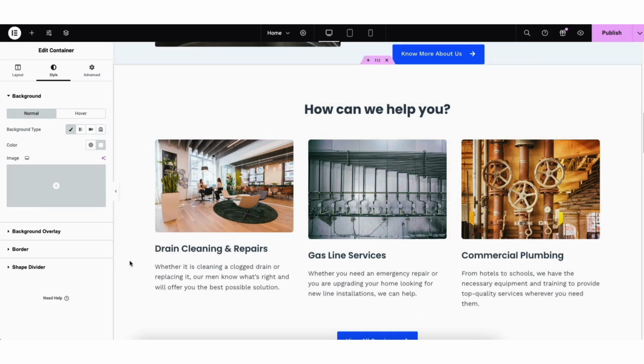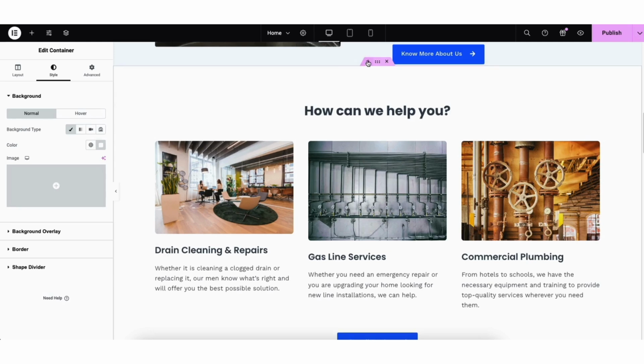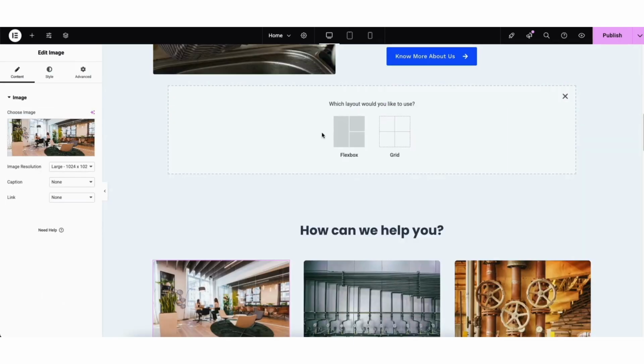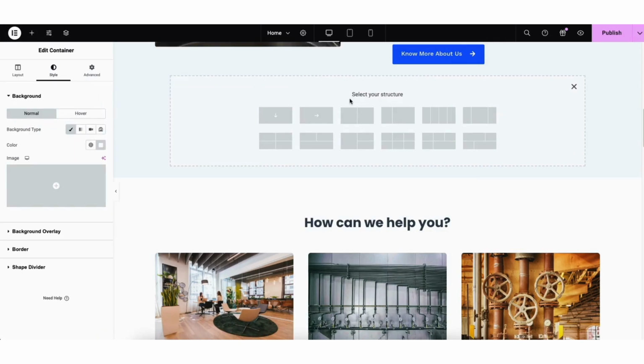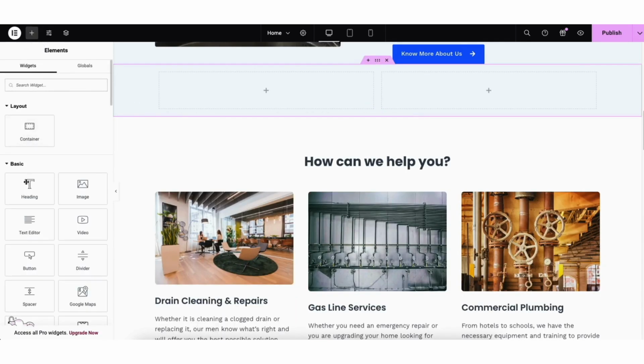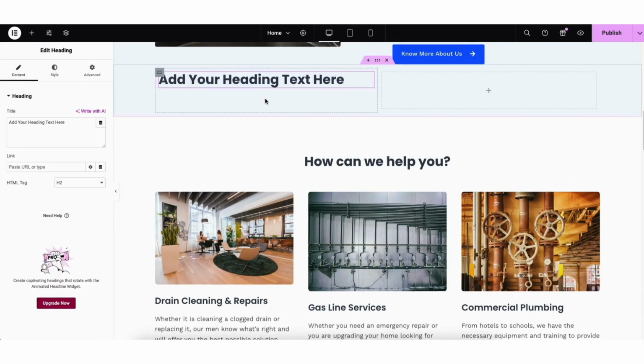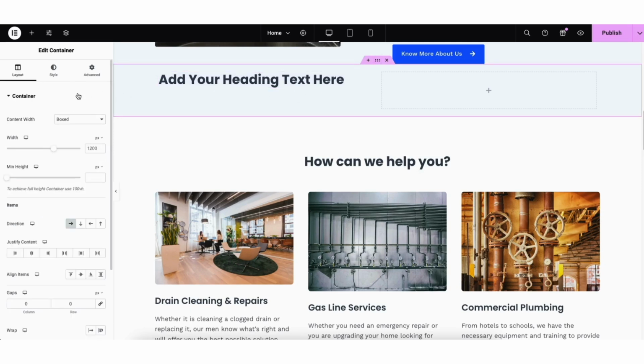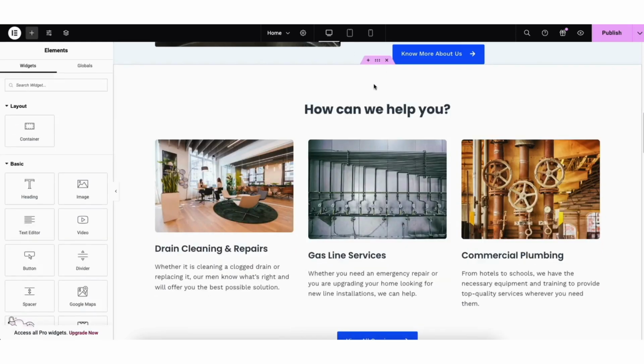Next, let's cover adding a section to your site. If you hover over a section, you can click the plus icon and then click the plus icon showing again to add a new section to the page. Click Flexbox, choose the structure for the section. I'll select this one. You can now drag in something over into the section. If you click the middle icon with the dots, you can then edit that section. If you click the X button, it'll completely remove the section from the page.